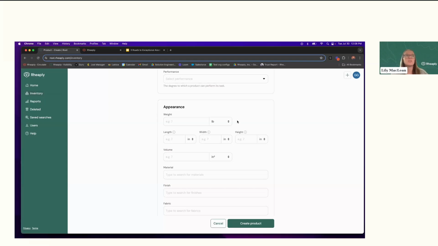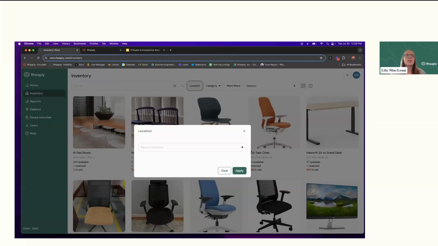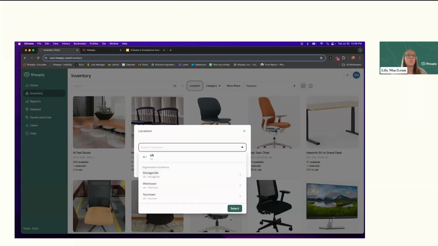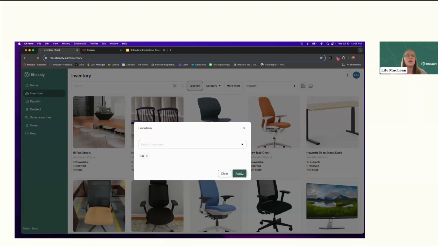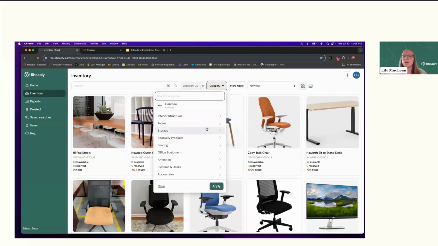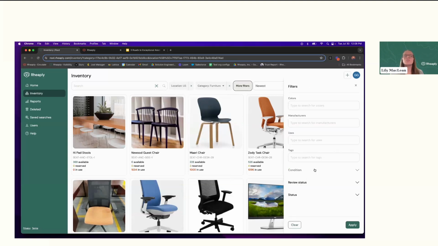Once your resources are digitized, that's when you really have the power of the tool. So you have the ability to see all of your resources. You can filter and track things down by specification. So you can say, what do I have by specific region, or what do I have by specific location at my organization? And maybe what do I have in a specific category, like a furniture category or a lab category? And then we can even filter it down more to things like condition as well as the status.